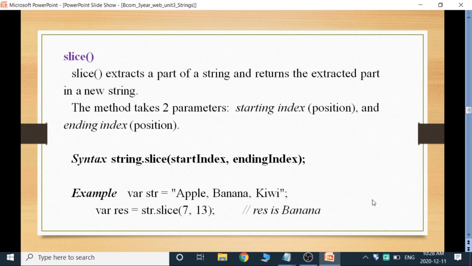See the syntax: string.slice(start index, ending index). Here I have taken a string as apple, banana, kiwi. In that I am using the slice method from 7 to 13, where 13 is the ending index. From 7 to 13, those characters are banana.